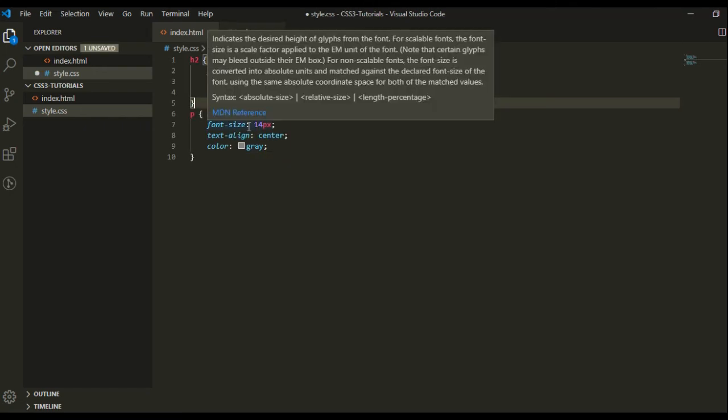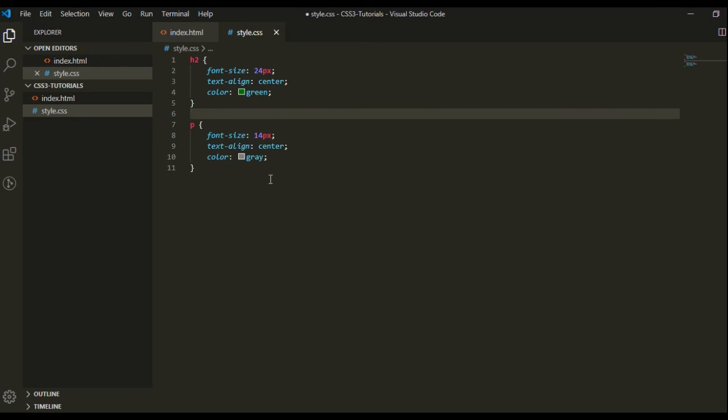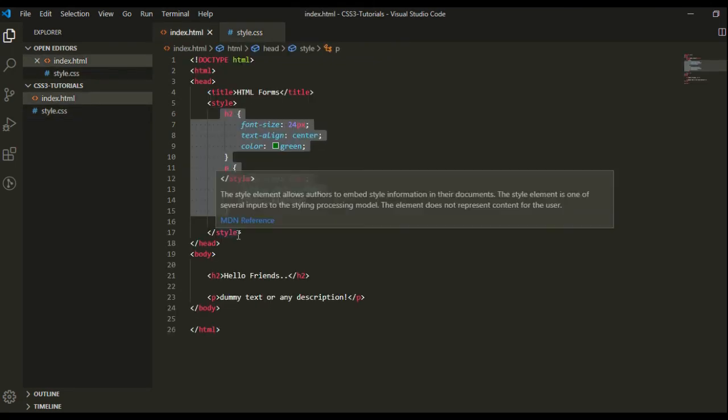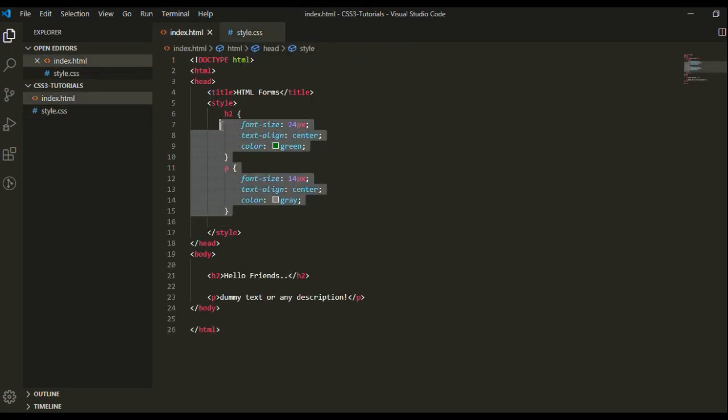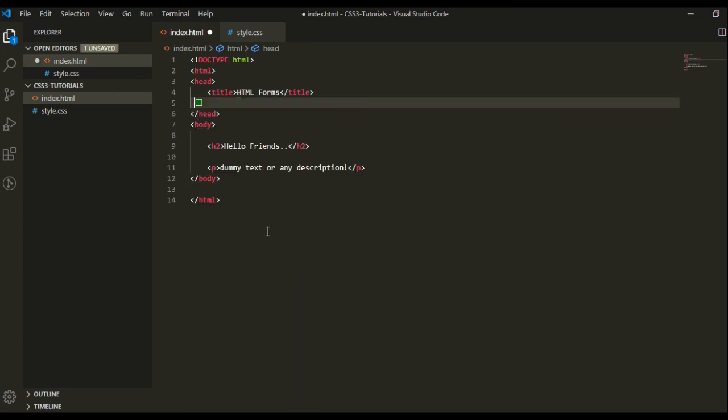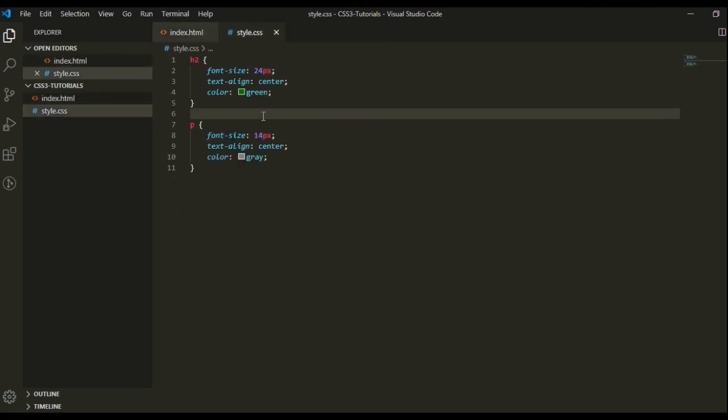Now I have copied and pasted them here and removed this style from the HTML file. So here we have two separate files, one HTML and one CSS.